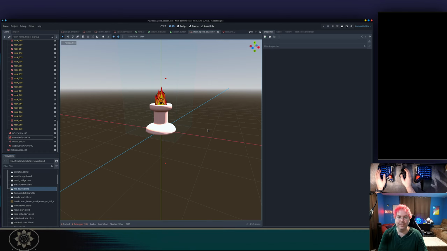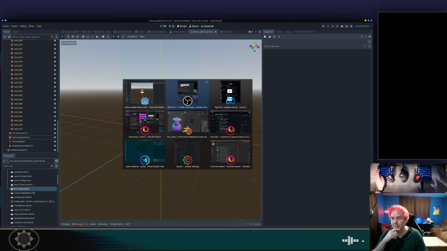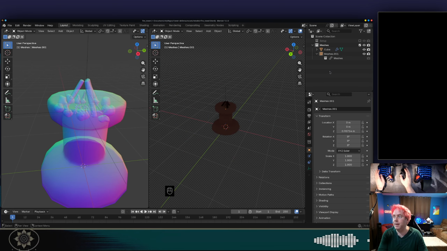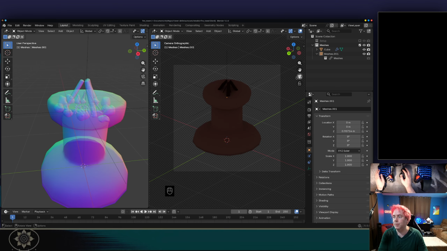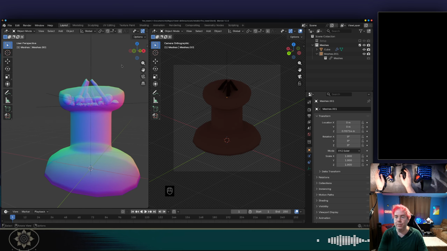There you go. Now, is this ultimately what we want? Not necessarily, but it gets the vibe. I guess the downside is that that won't show up in the icon because we're doing this here in Godot and not in the blend file. But what we can do is we can cheat. Also, yeah, there we go. Okay, so